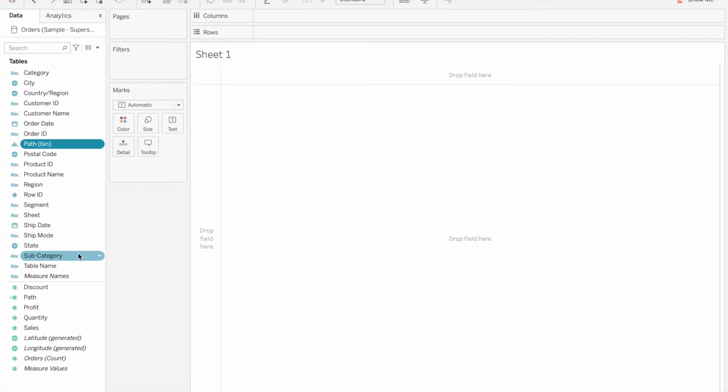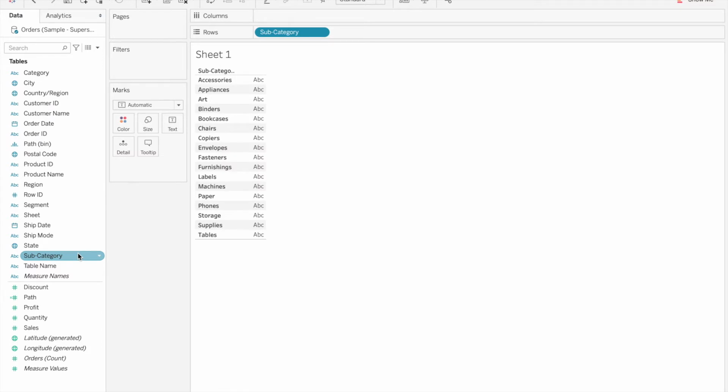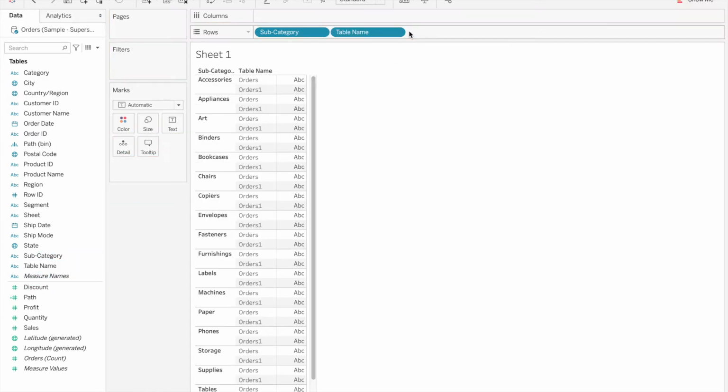So for example, as I have mentioned earlier, we are going to see the sales by subcategory, right? So in this table we have subcategory and table name, and let's just see the path and add it onto text.